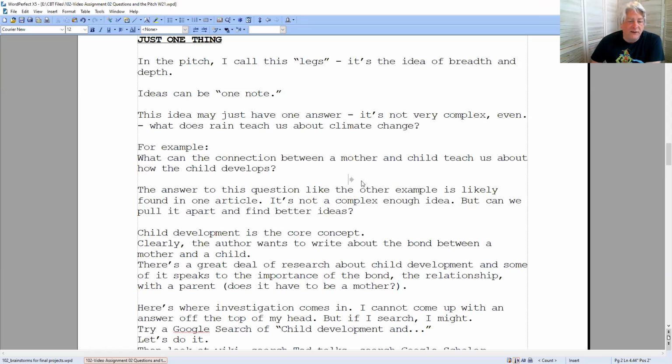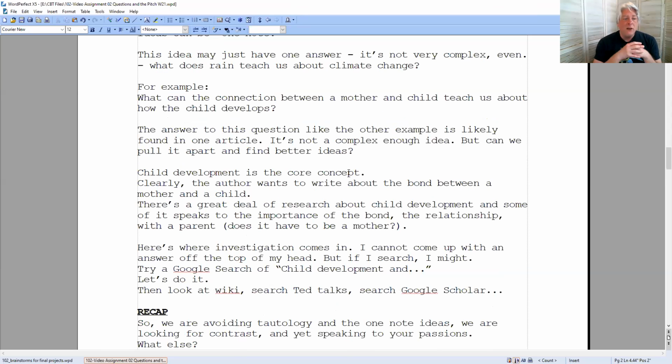because obviously the writer wants to write about the bond between a mother and a child and child development. So child development is the core concept. We can pull this idea apart a little bit, and maybe we can get to a better idea, right? We can research child development. There's a lot of stuff to research there, so there's some viability to that idea.